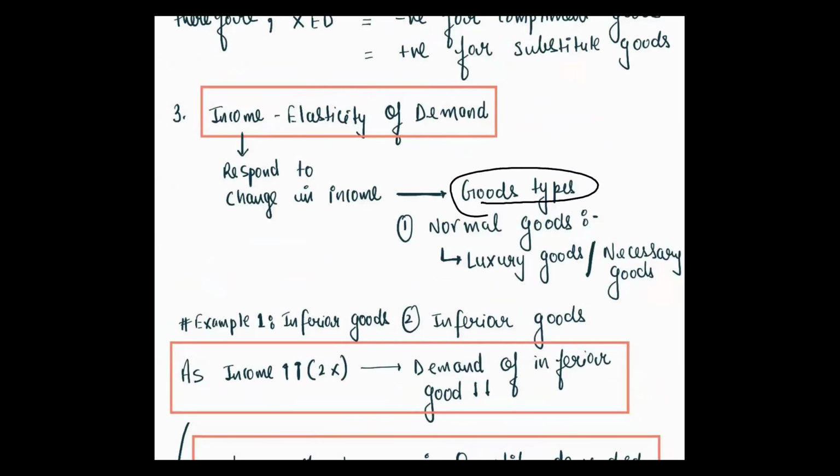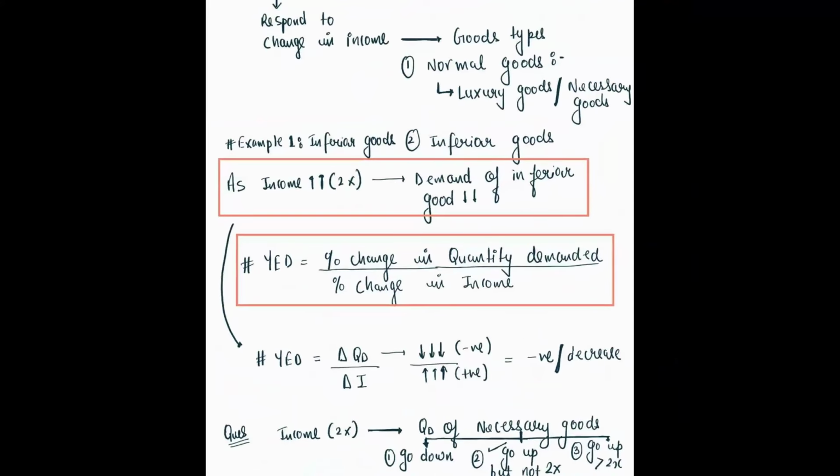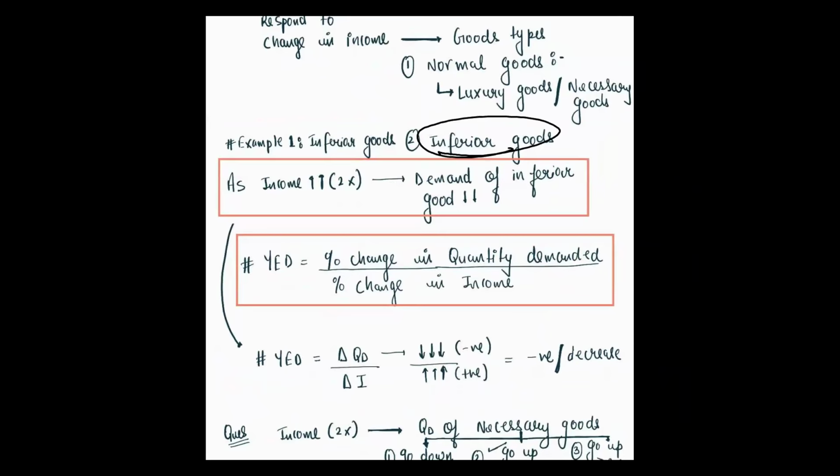So there are two kinds of goods which we usually see. One is normal good. Normal goods के अंदर ही ये चीज आता है बेटा, luxury goods on the basis of slope जो मैंने बताया था, और necessary goods, right? Normal goods के अंदर ही luxury, ये जो iPhone होते हैं, these are normal goods only, और necessary goods जो टैबलेट्स वगैरह हम यूज करते हैं. अब लग्जरी गुड्स को हमने देख रखा है, नेसेसरी गुड्स को देख रखा है, सो वी विल ट्राई टू अंडरस्टैंड, ठीक है? Example 1 and example 2 is inferior goods. There are two kinds of goods under the income category. One is normal, normal के अंदर ही luxury और necessary आता है, और inferior goods होता है.